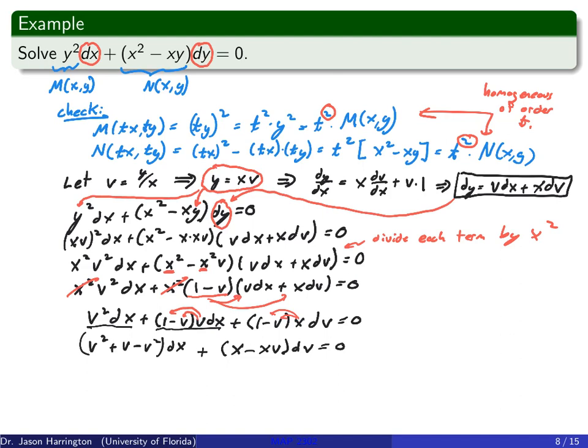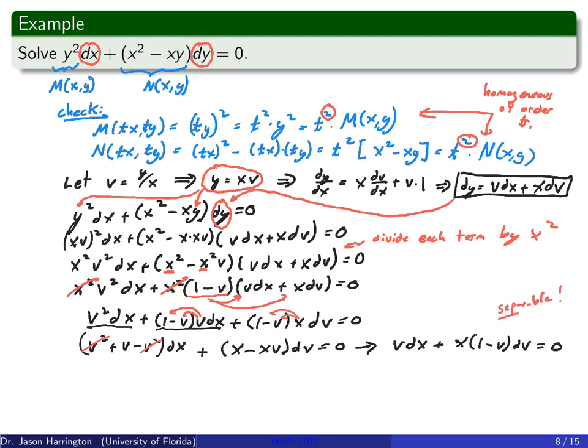And now we can simplify some of these terms here. For example, the v squares, they cancel. So now we're left with this equal to v dx plus x. I can factor out an x from this. I don't know why I distributed it and then factored it out, but again, you get the same result. I'm trying to make it as simple as possible, and sometimes you can play with the ODE a little bit to see what notation and what factorization works best.